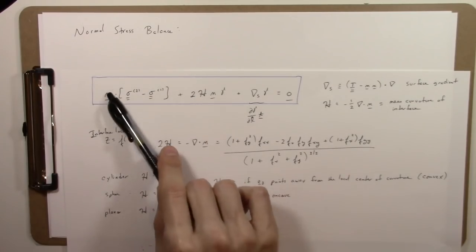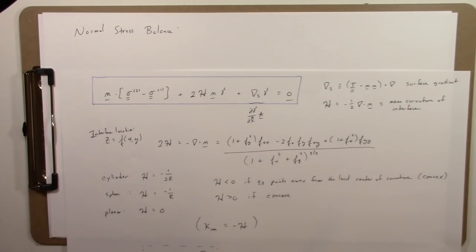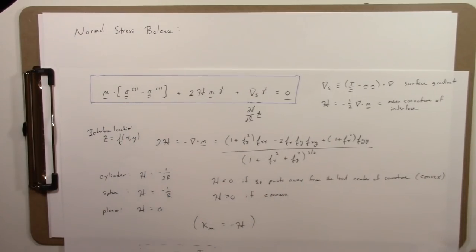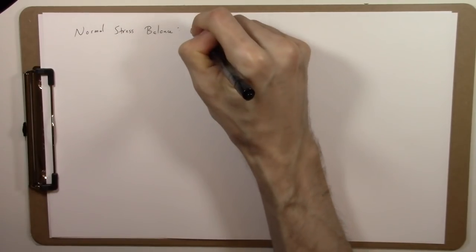And then here, this is a stress. We take the dot product of n with this a second time. That gives us the normal component of the stress, and therefore that gives us what we call the normal stress balance. We're balancing the stresses in the normal direction. Once we do that, the normal stress balance will often be abbreviated as